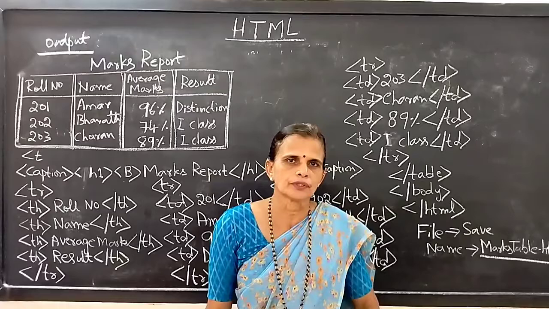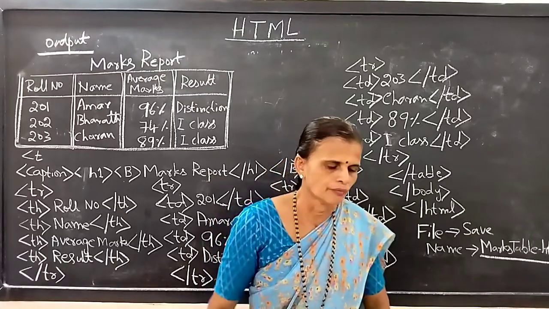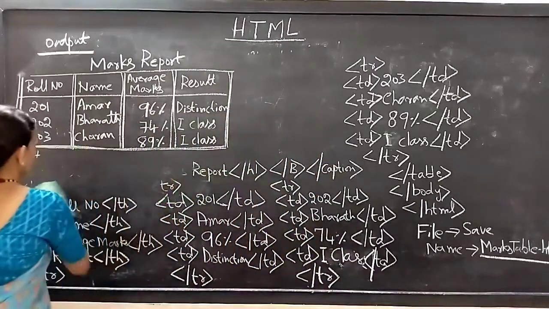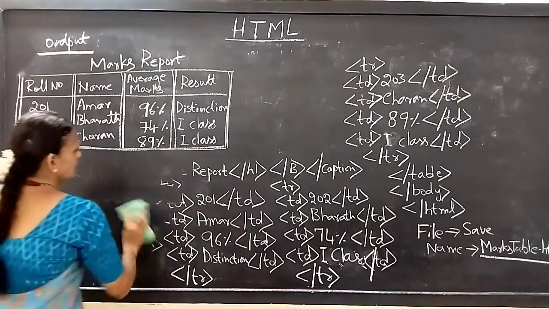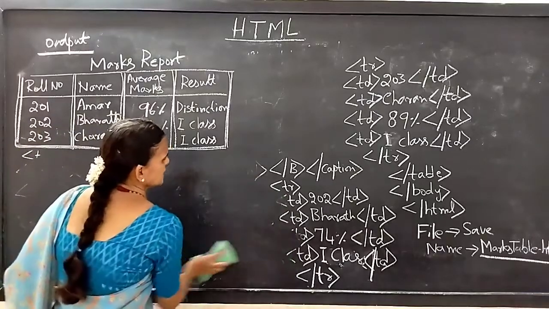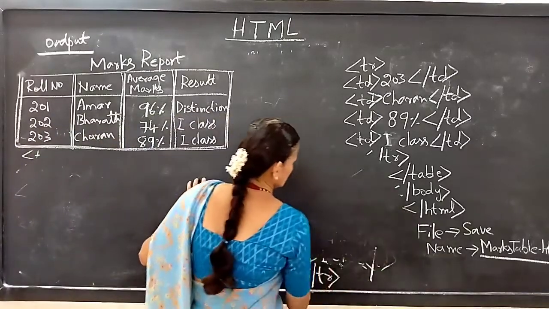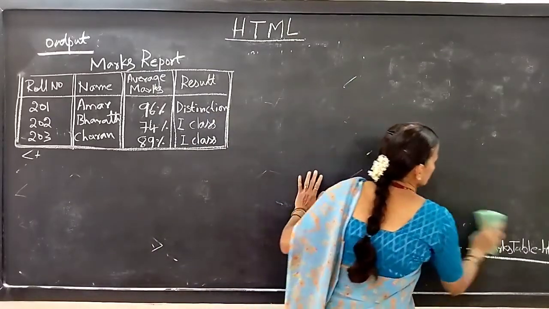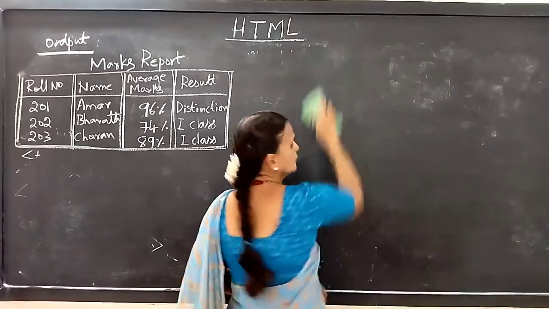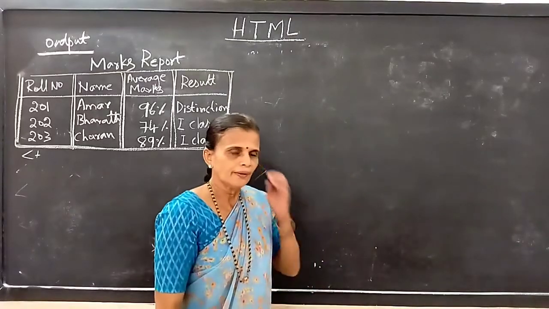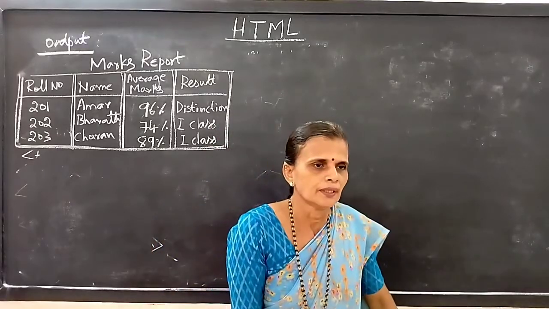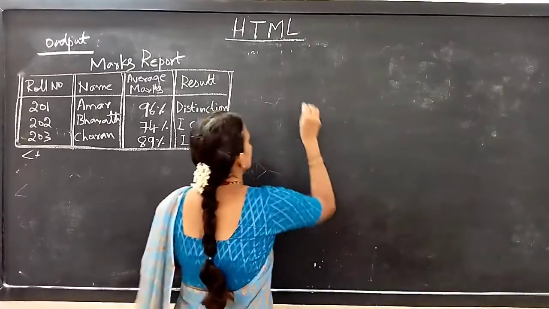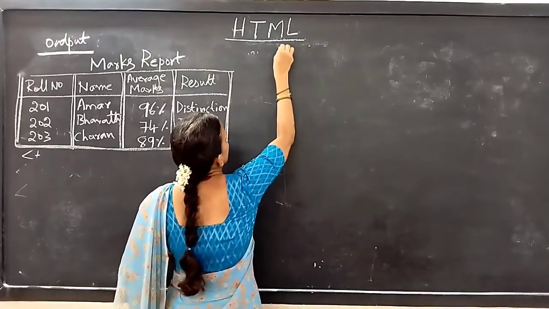Next we will do one more small example. For that we will open Notepad and start writing the code. So what is that? In order to get a message in your system, for example, if we want to write the name of your school or your name, for that purpose we have to use the tag marquee. So that is Notepad, and let's start writing.